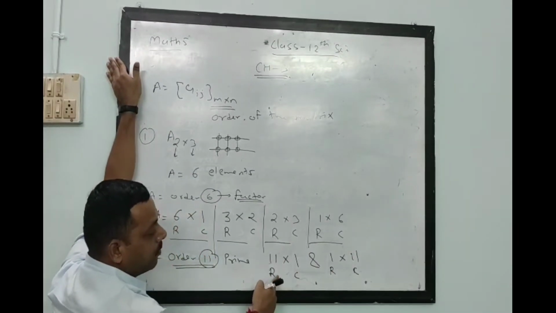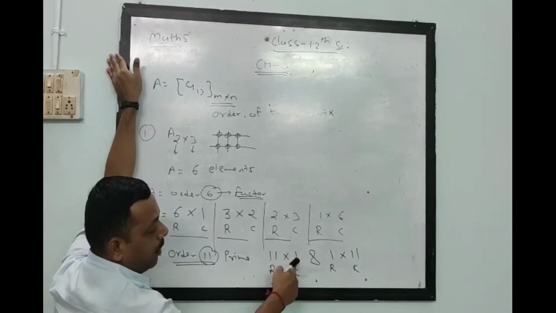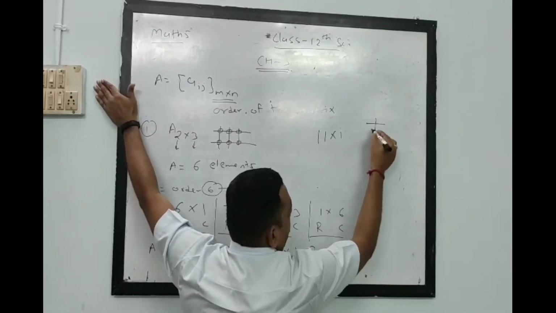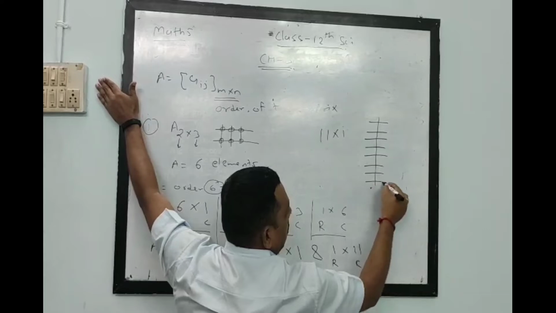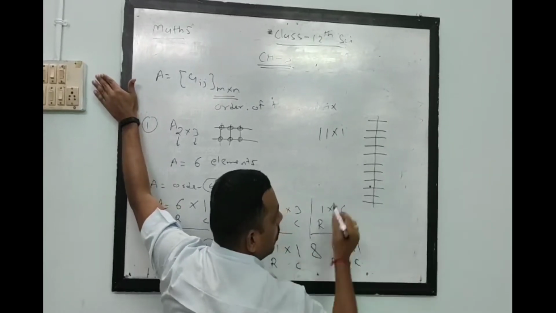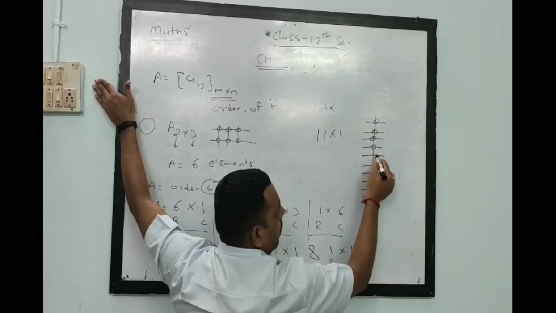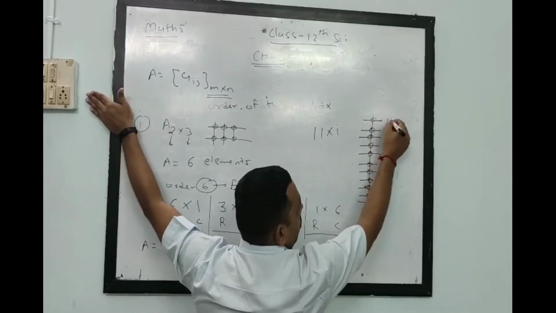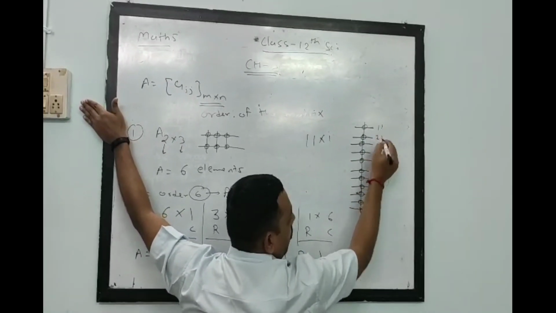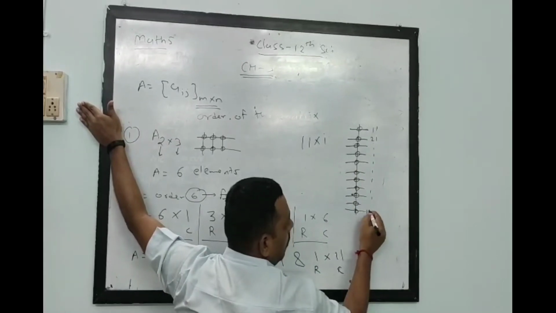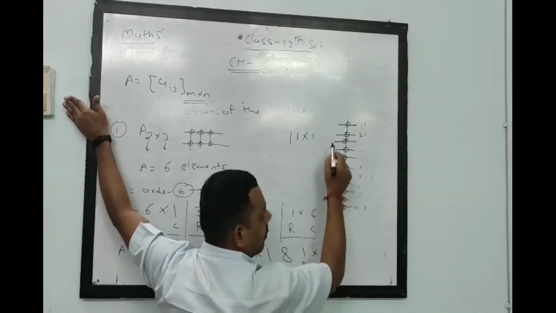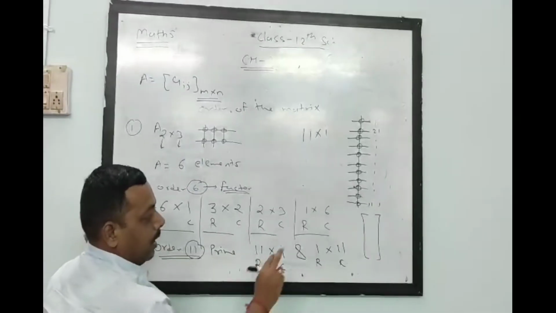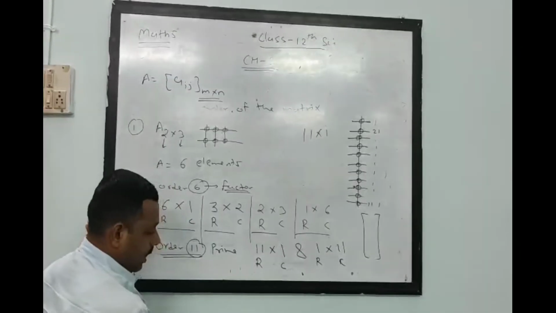Why column matrix? This we have discussed in the last class. If only one column is there, I am talking about 11 by 1: one column and 1, 2, 3, 4, 5, 6, 7, 8, 9, 10, 11 rows. So there are 11 entries in this first column. The names of these entries are first row first column, second row first column, and this way 11th row and first column. So this presentation is clearly seen as a column matrix, and the same way here 1 by 11.